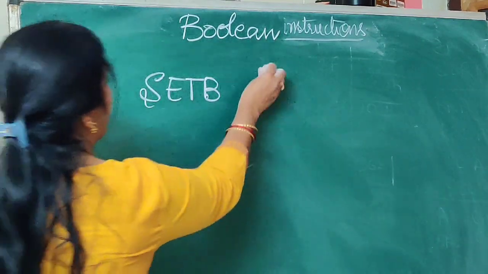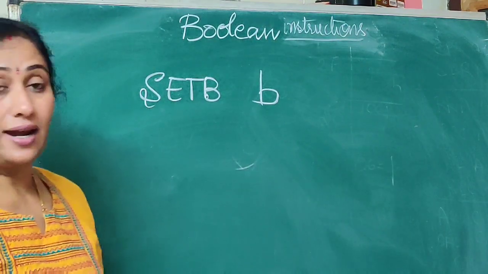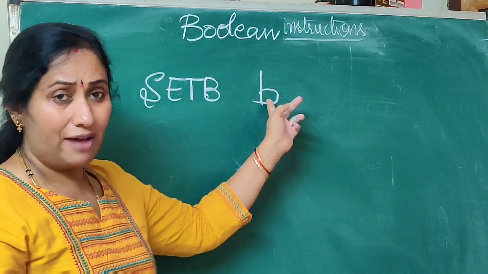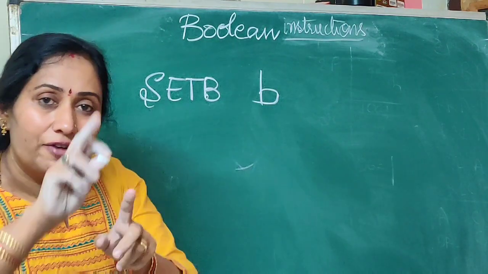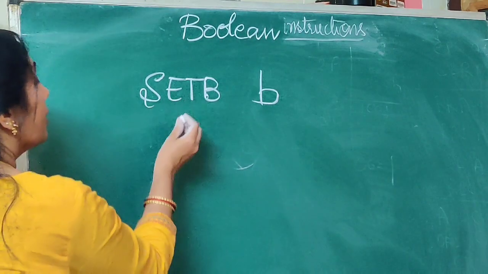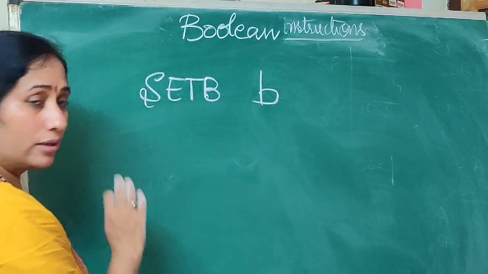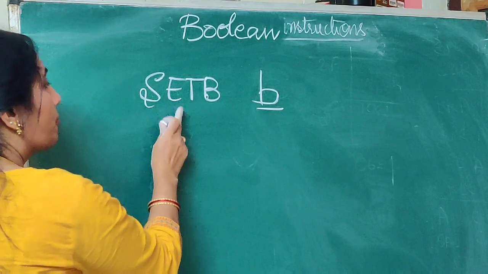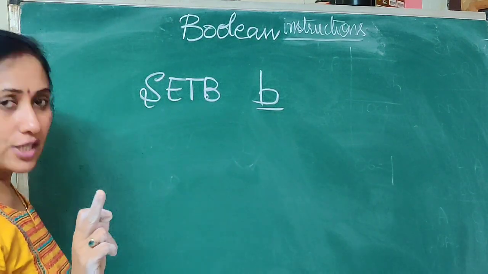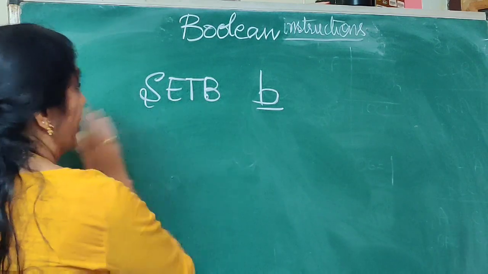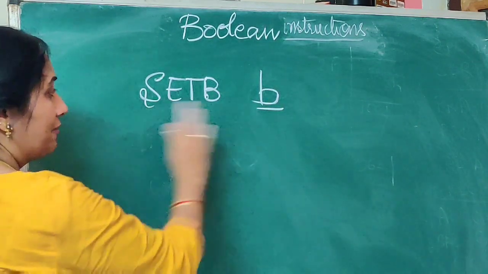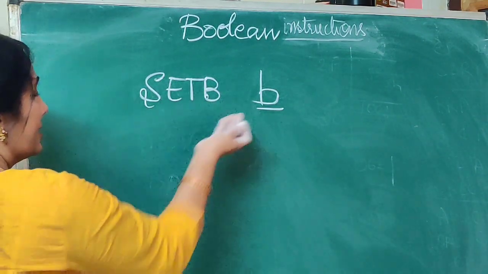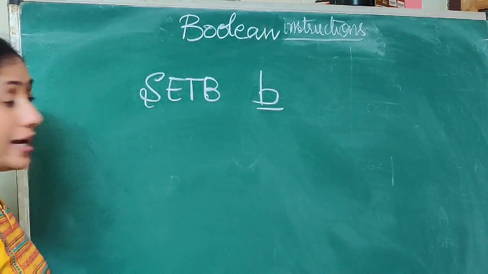Next, instead of carry flag, I can write over here the bit address. What it is? Whatever may be the content of the bit address we have specified, that particular content will become 1. It will get set. Here, the type of the addressing mode is direct addressing mode. Length of the instruction, here I am going to write the address, so 1 byte. The opcode is going to have 1 byte. So total length of the instruction is going to be 2 bytes. None of the flags are going to get affected over here because I am changing the content of the memory location bit. For that reason, you are not going to have any flags which are going to get affected.